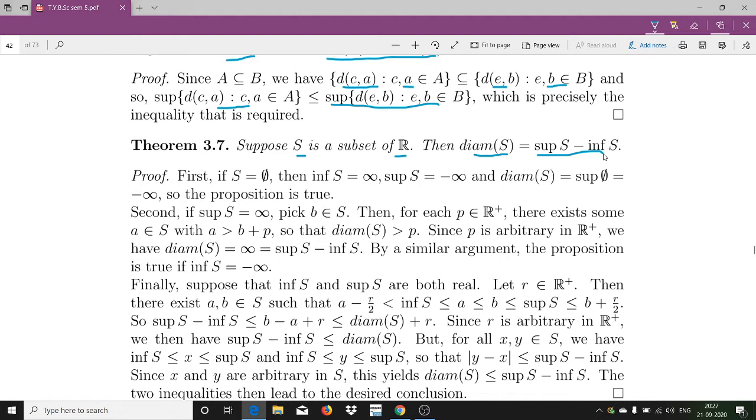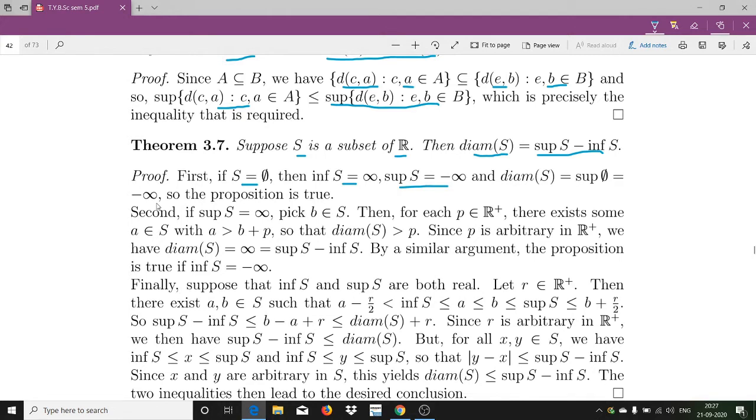So first we will consider the first case. Suppose your set S is the empty set phi. In that case, you will have the infimum of S to be infinity and the supremum of S to be minus infinity. So the diameter of S will be equal to the supremum of d(a, b), where a and b belong to the empty set, but the empty set does not have any element. So the same argument goes. So the diameter of S will be the supremum of an empty set, and the supremum of the empty set is minus infinity, and therefore